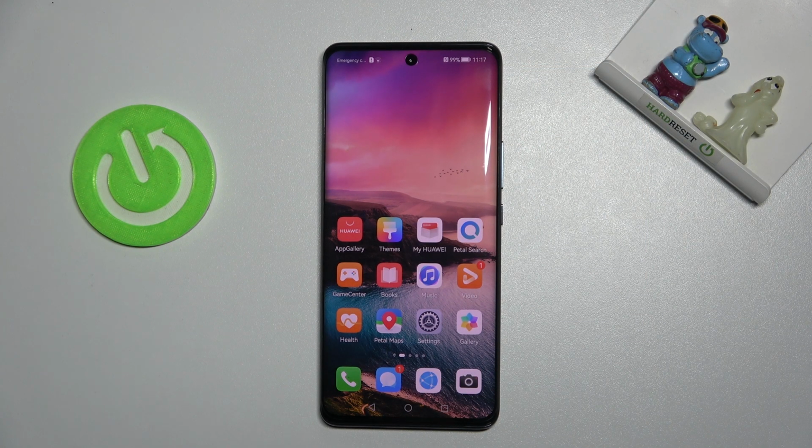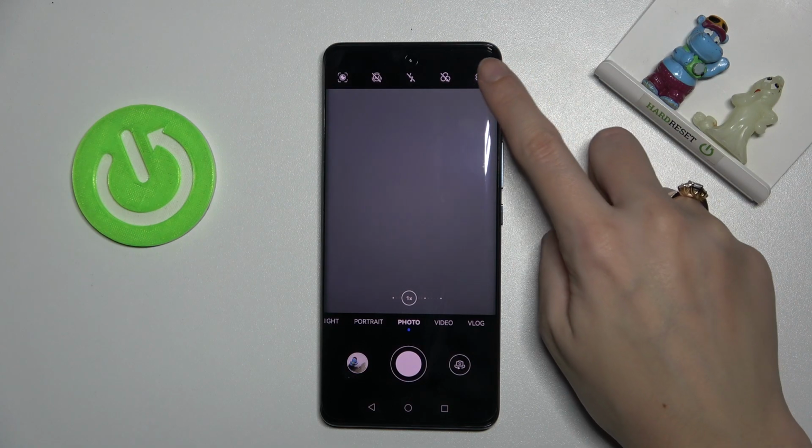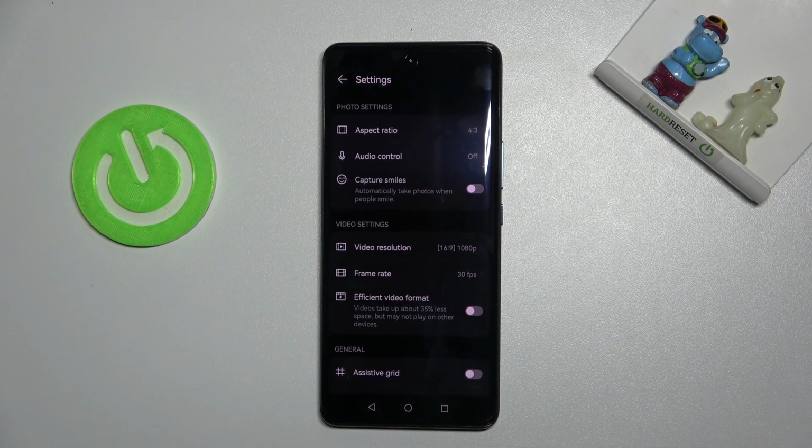Welcome, here I've got HUAWEI Nova 9 and let me show you how to turn on and off camera grid lines on this device. So let's start by tapping on the camera button to open it, and for now we are in standard photo mode. From here let's go to the right corner button to open camera settings, and here we have